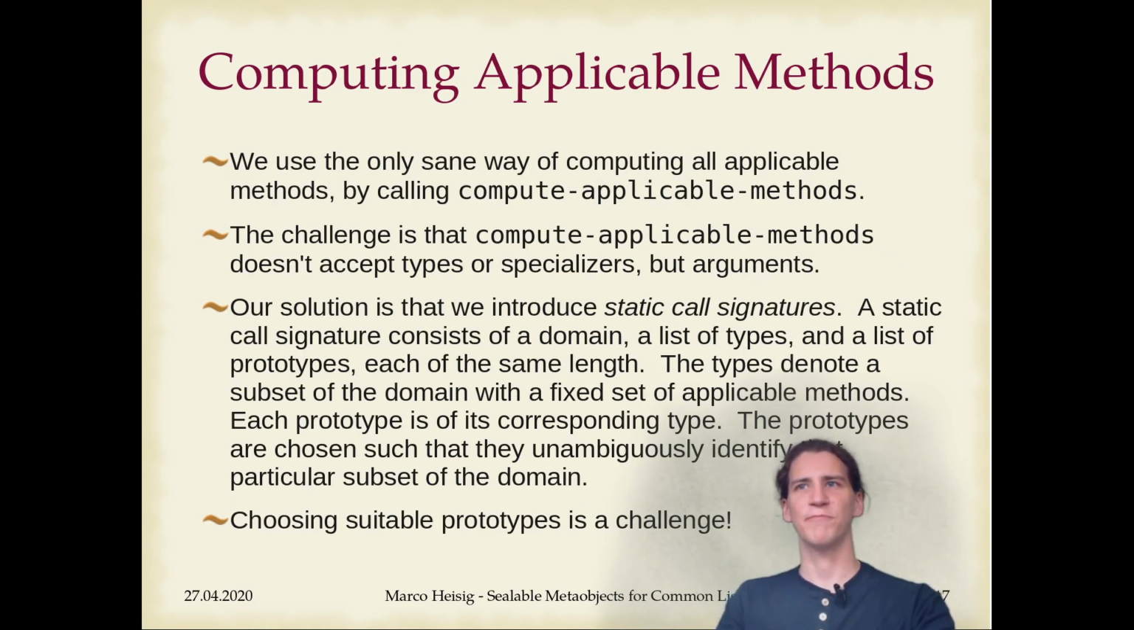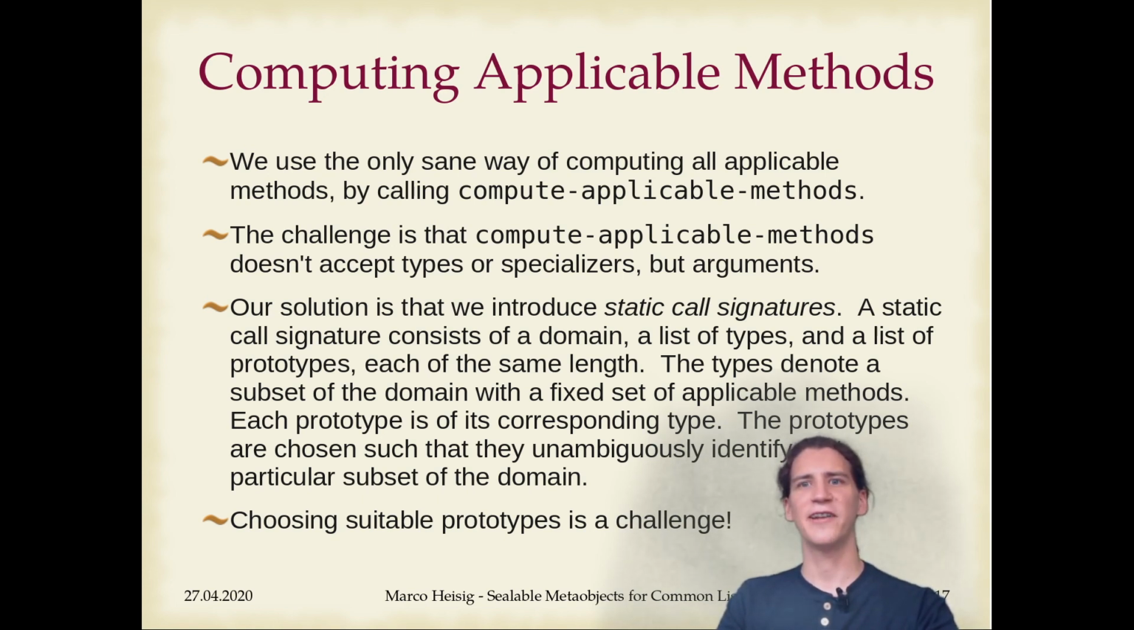Challenge number 2, computing applicable methods. We use the only sane way of computing all applicable methods, which is by calling compute-applicable-methods. The actual challenge is that compute-applicable-methods doesn't accept types or specializers, but arguments. Our solution is that we introduce static call signatures, and a static call signature consists of a domain, a list